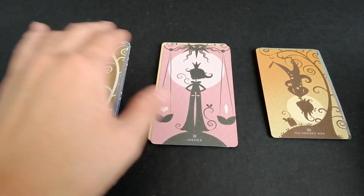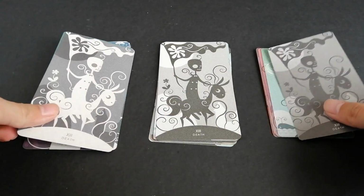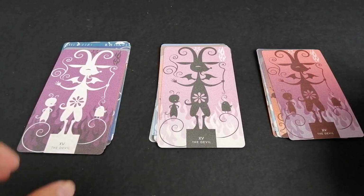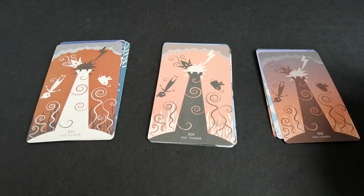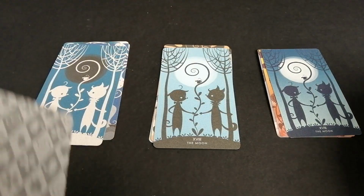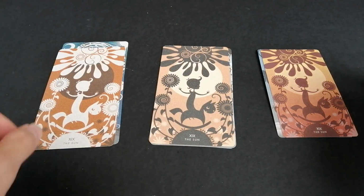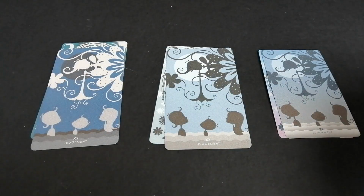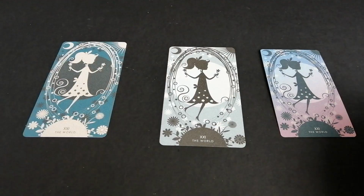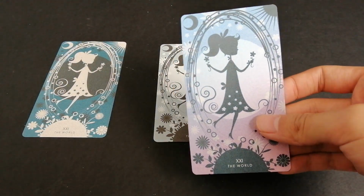We have Justice. The Hanged Man. Temperance. The Devil. The Tower. The Star. The Moon. Oops. The Sun. The Judgment. And the World. So that's basically the major arcana, and we can see that in the regular version, the color,